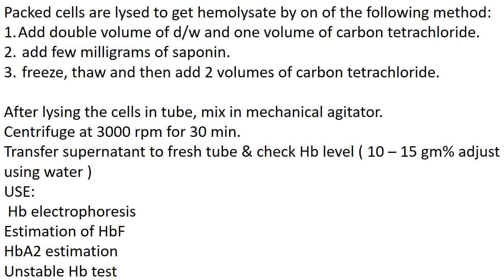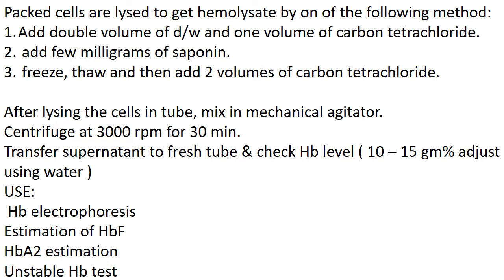The third method is freezing and thawing of the red cells at room temperature and then adding 2 volumes of carbon tetrachloride. Freezing is when you freeze the red cells. Once packed red cells are obtained, they are frozen in the freezer. Then take out the frozen red cells and keep them at room temperature. When the frozen red cells return to room temperature, the procedure is called thawing. Then to these thawed red cells you add 2 volumes, that is if 1 ml of thawed red cells is there, you add 2 ml of carbon tetrachloride solution. These are the different methods of preparing